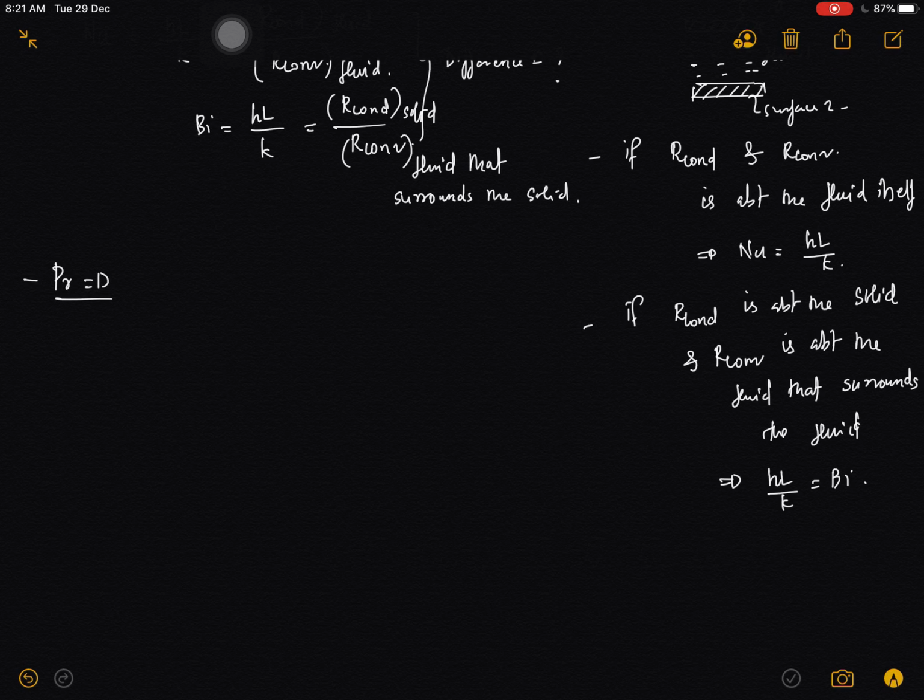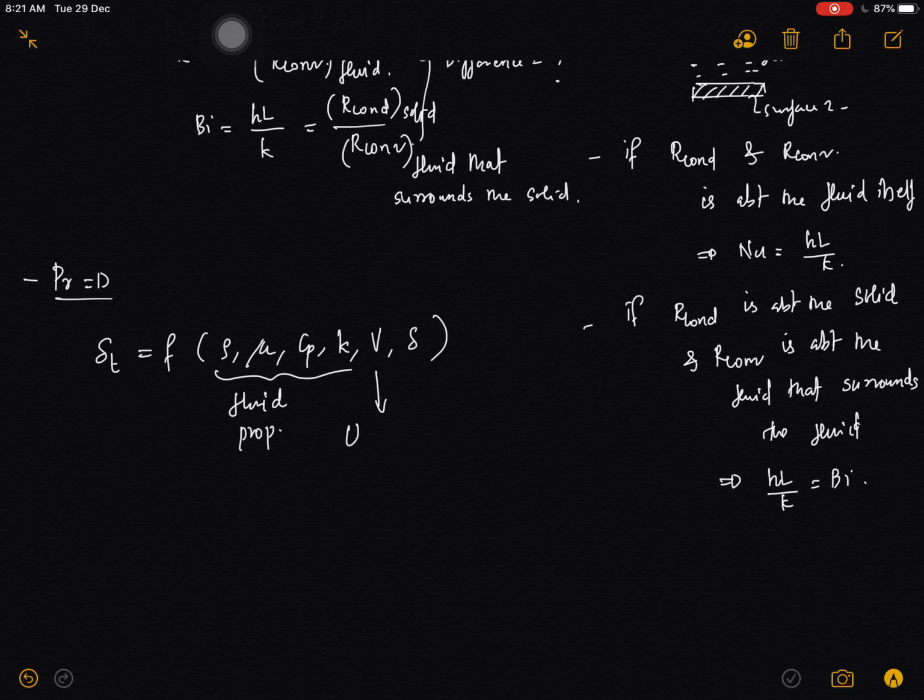Okay, so from the experiments, we have determined that the thermal boundary layer thickness, given by the letter delta T, is a function of fluid properties like rho, mu, Cp, k, and the characteristic velocity V, and the hydrodynamic boundary layer thickness, which is given by the letter delta. So these are the fluid properties, and this is the characteristic velocity